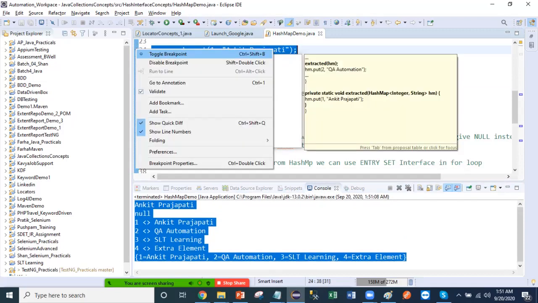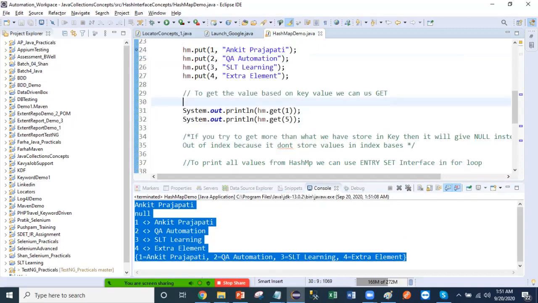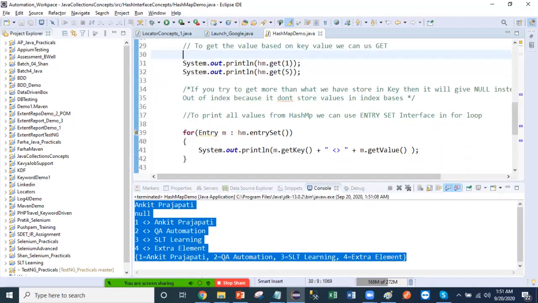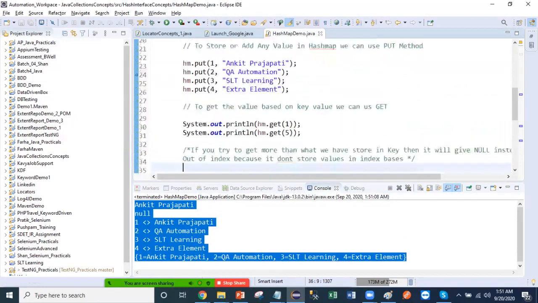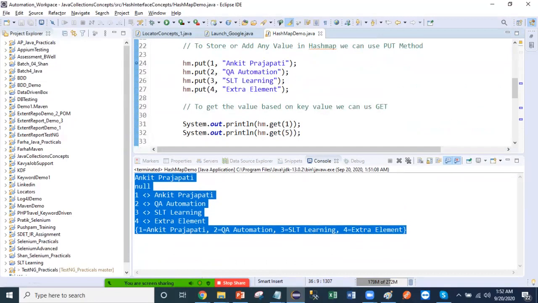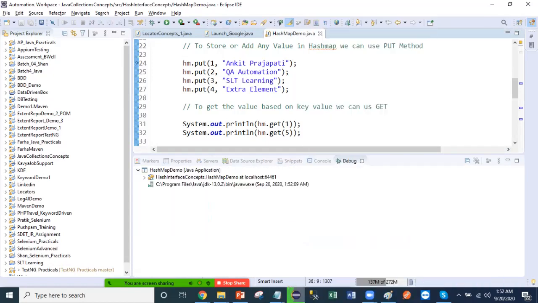You see toggle breakpoint. I will just right click and say toggle breakpoint. Then I also put a toggle breakpoint in the for loop. When it runs the for loop, I want to validate the information over here, right? So I have put two breakpoints. Now you see how it's going to work. In the first run, it gives all the outputs quickly, right? But now if I right click and debug, that means I am doing white box testing.